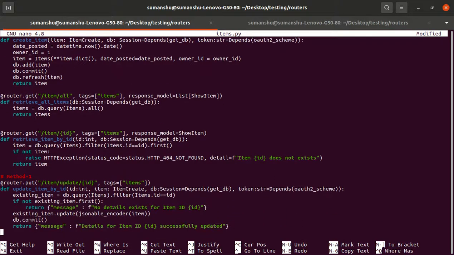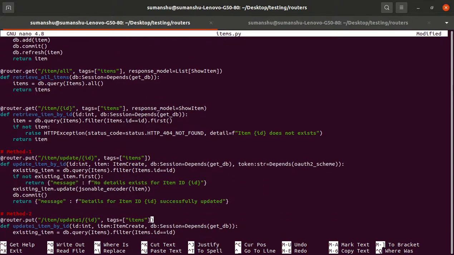All right. And we have created a put method. So it also depends upon OAuth2 scheme. Again I am putting it into the path, sorry.